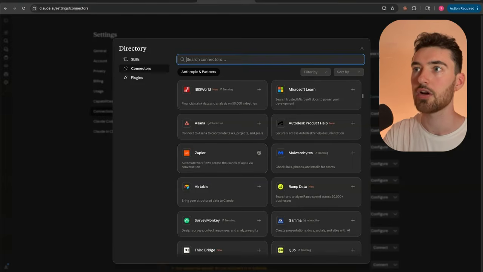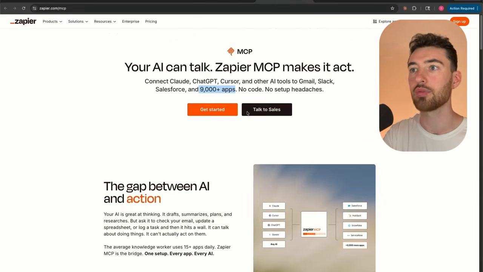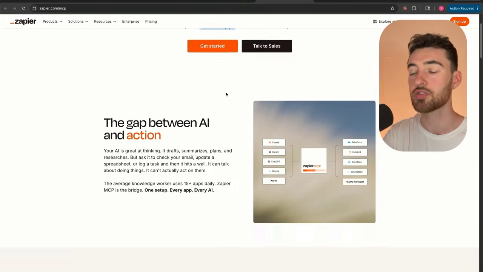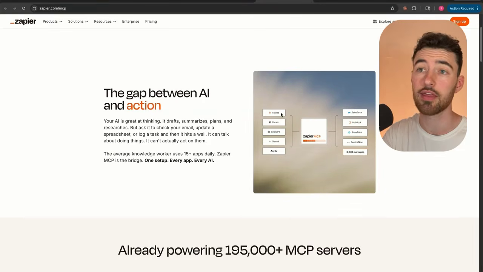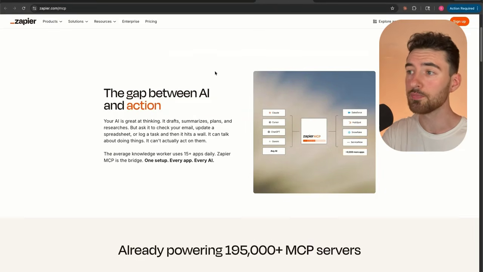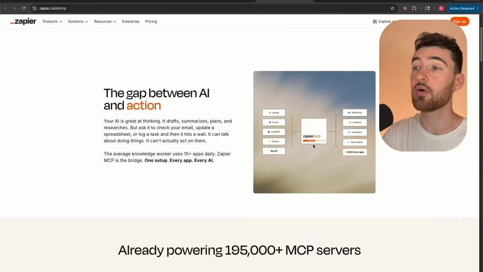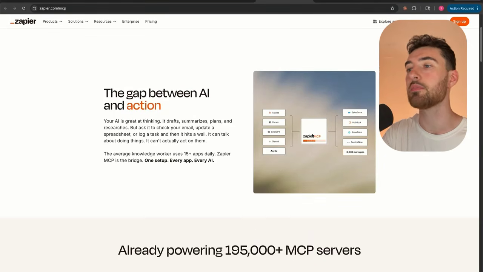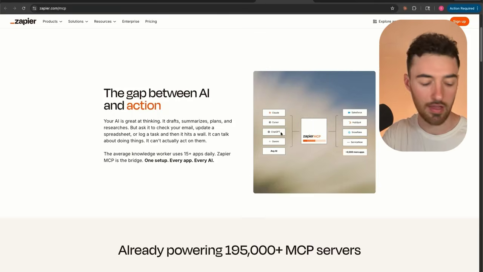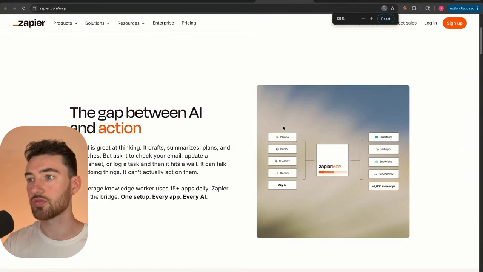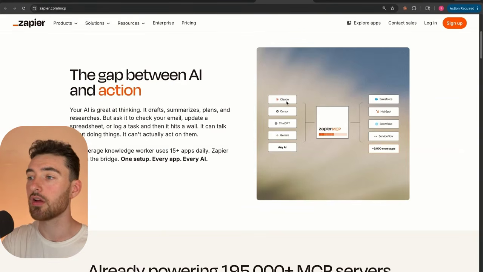And Zapier is pretty awesome. It's actually another platform here that connects to over 9,000 different apps. And this was made before AI was even a thing, really, this Zapier tool. And it just allows easier connection to multiple different apps. But now with AI, it basically acts as an MCP. So you can see, again, all these other tools here, including Claude, that's connecting to the MCP, and that connects